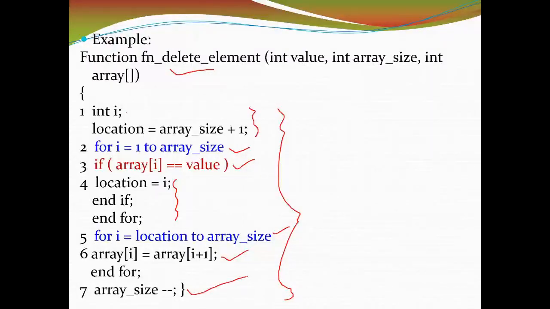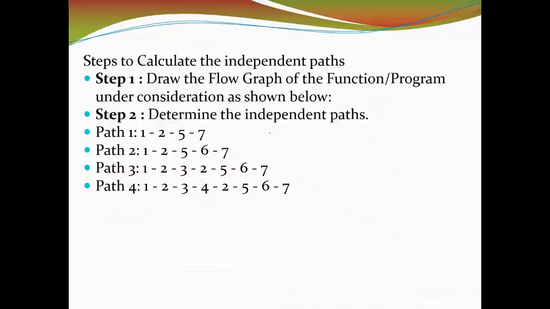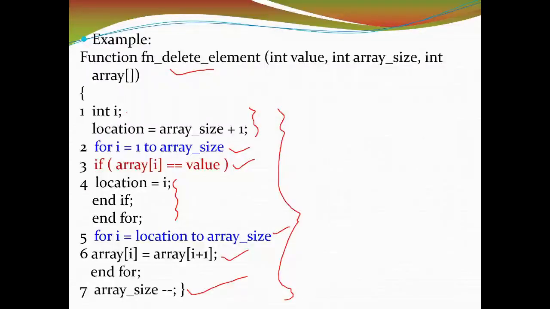Now let us see how many paths we need here at least to test this function, all possible paths. To be more focused, we have to see the conditional statement here first. So you can see here, we need at least 4 independent paths. So we need 4 different inputs so that all possible paths will be covered by testing. So which is the first path here? You can see here 1 to 2 and 5 to 7. Okay, first it is going to execute this path.